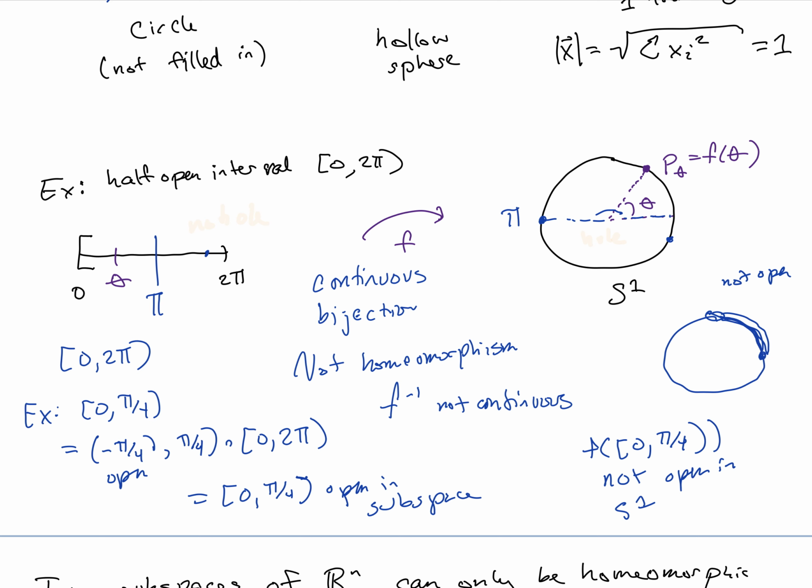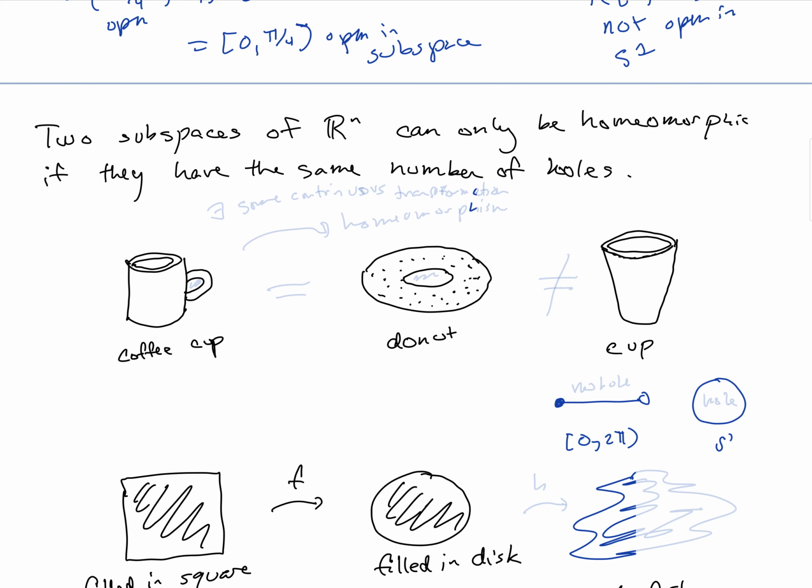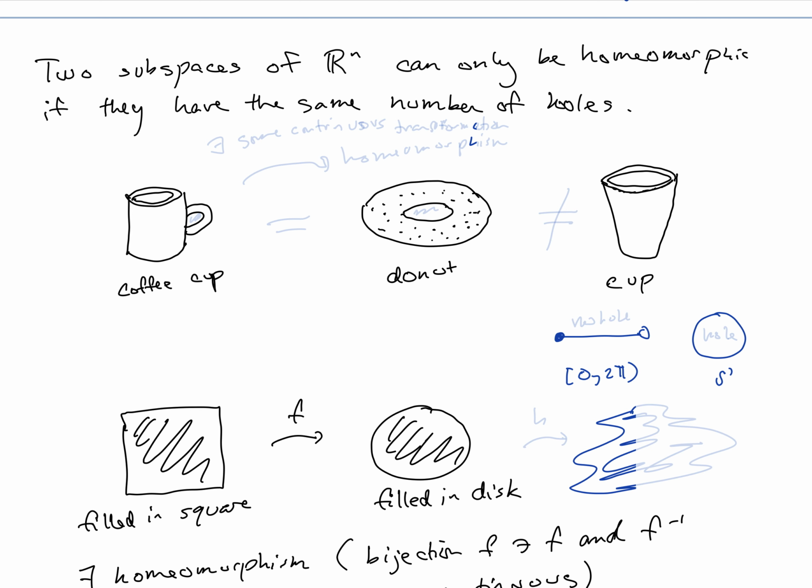One thing that could have clued us into this not being a homeomorphism is that this S1 has a hole in it, whereas this space has no hole. It's just a straight line with no hole in it. And in general, two subspaces of Rn can only be homeomorphic if they have the same number of holes. So this is just circling back to that idea that